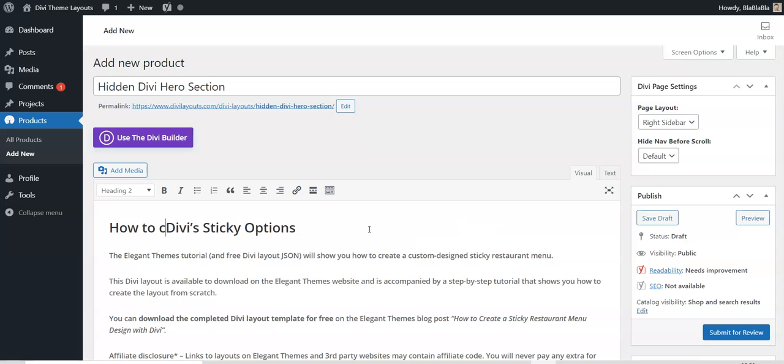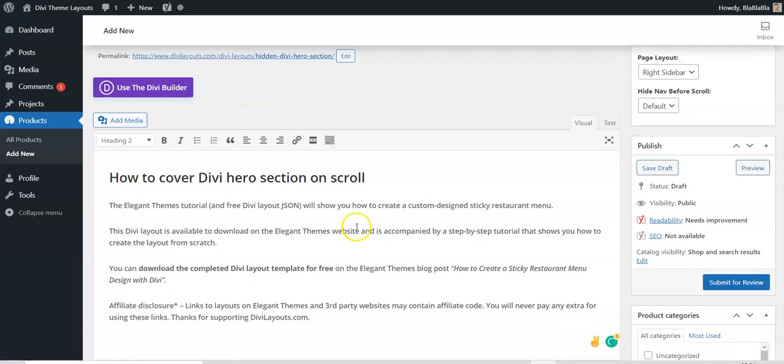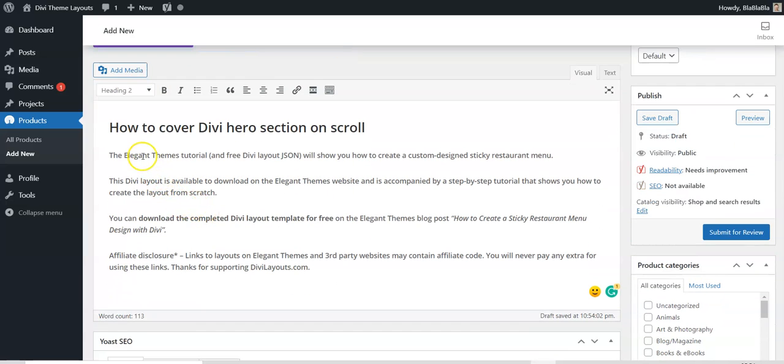How to cover Divi hero section on scroll with sticky options. We'll take that off and we'll put that in the description below. So down here we have,